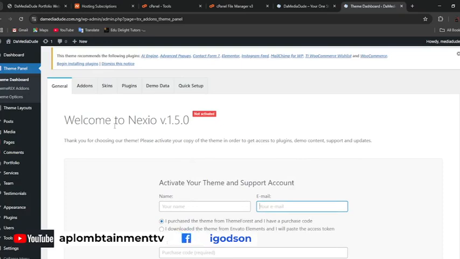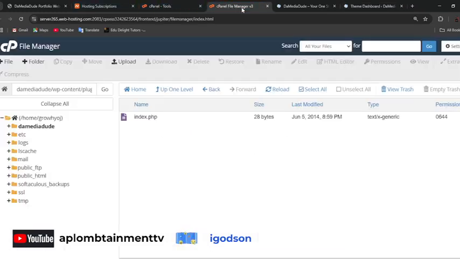But you can see that each theme comes with its own requests, with its own plugins, with its own template. So that is one of the ways of installing your own theme, by either using